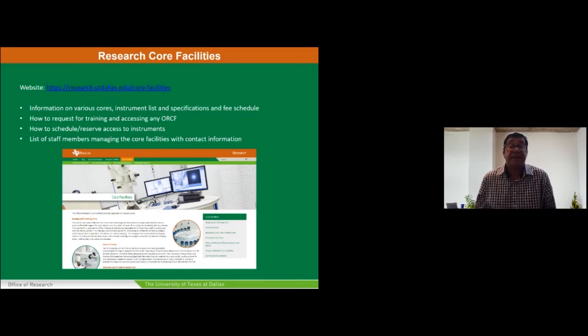So as the last slide, you could go to research.utdallas.edu core facilities. There you could find more detailed information on various cores, the specific specifications, and what the fee schedule is for each of these cores. It also outlines how you request training and access to any of these core facilities, how you schedule and reserve access to these instruments, and also has a list of staff members and their contact information